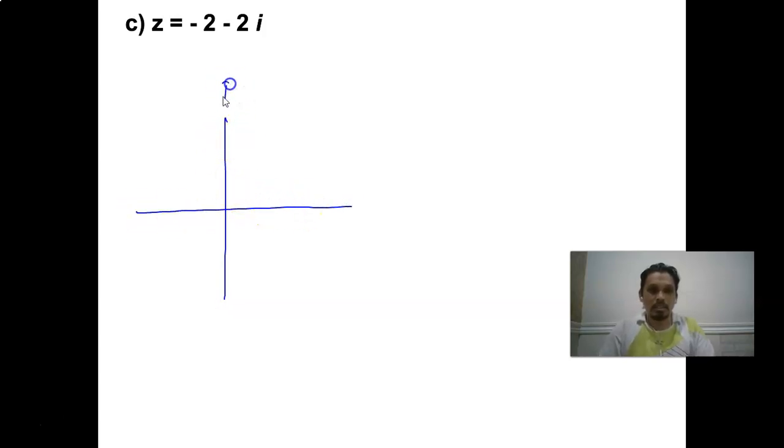Okay, now this is the imaginary part and this is the real part. So negative 2 here, and also negative 2i, negative 2 here. Okay, so they intersect here. So we make a line from the origin point